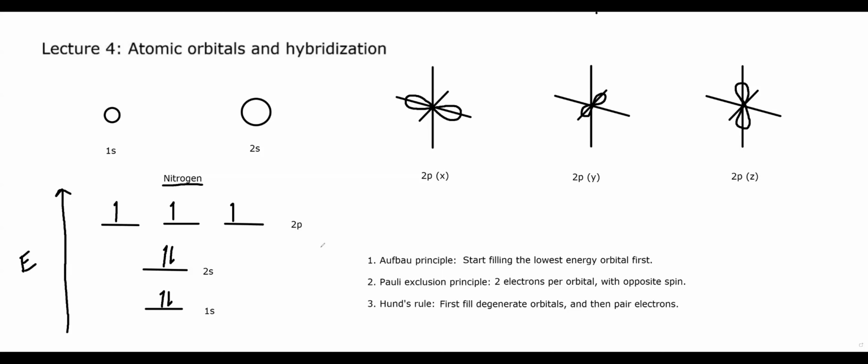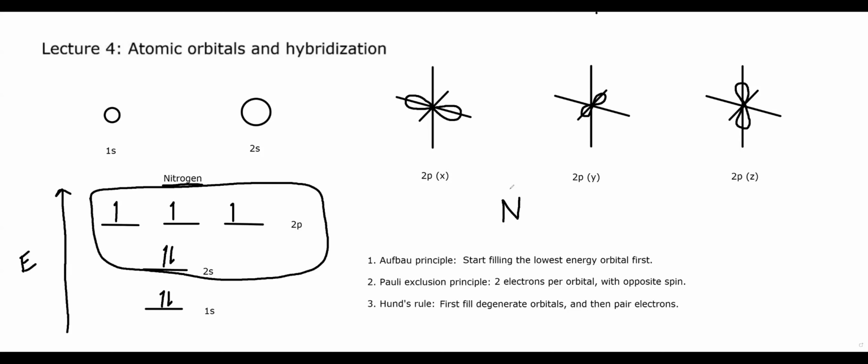Now, it's interesting to look at this because it sort of explains why nitrogen is the way that it is, right? We see in our valence shell here, we have 5 electrons. We have a lone pair and 3 single electrons. If you recall what nitrogen looks like, we have a lone pair with 3 single electrons. Those 3 electrons are where we can make chemical bonds, right? So we have a lone pair and then 3 bonds,